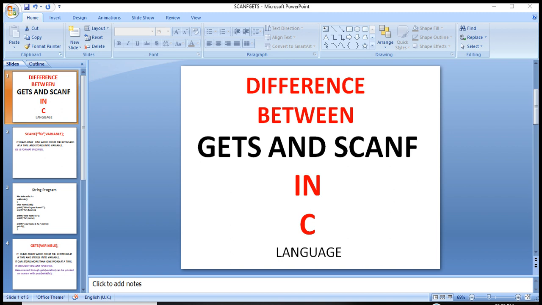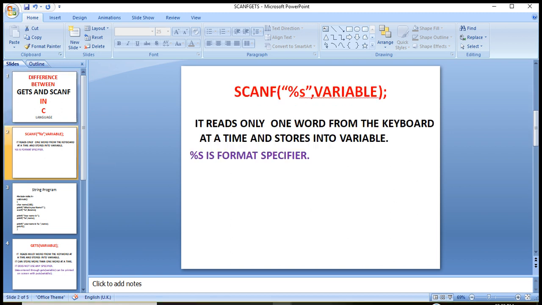Let's start. The function of scanf. Scanf is a function. It reads only a single word from the keyboard. Even if the user writes many words, the scanf function will read only a single word from the keyboard at a time, and it stores the data entered by the user into a variable.